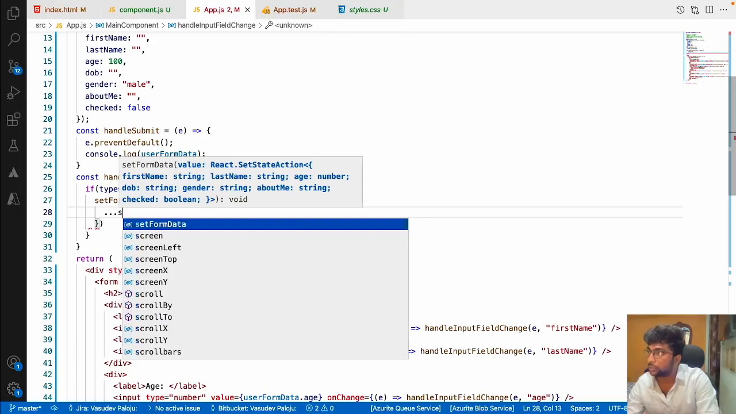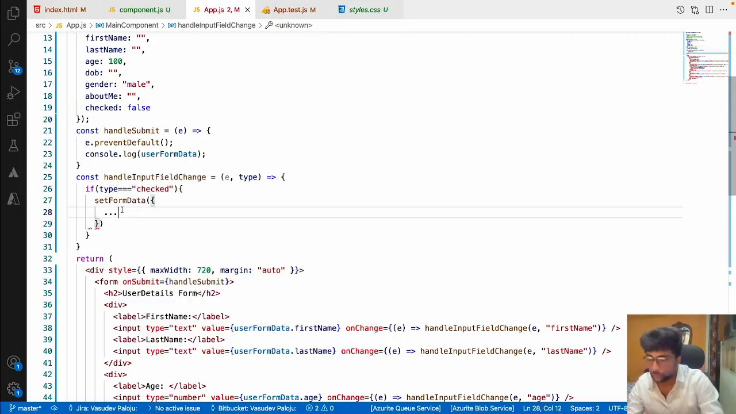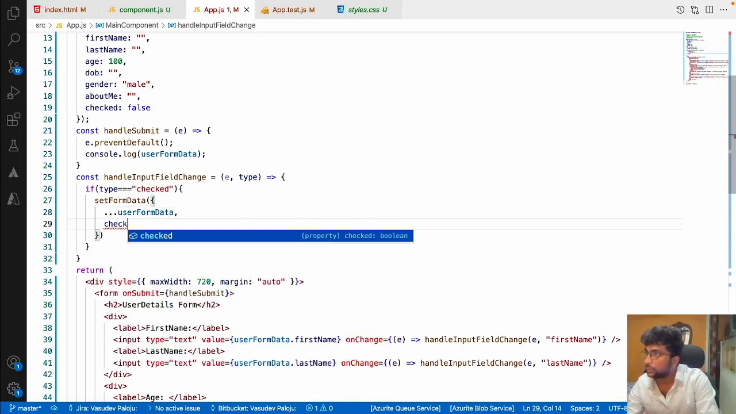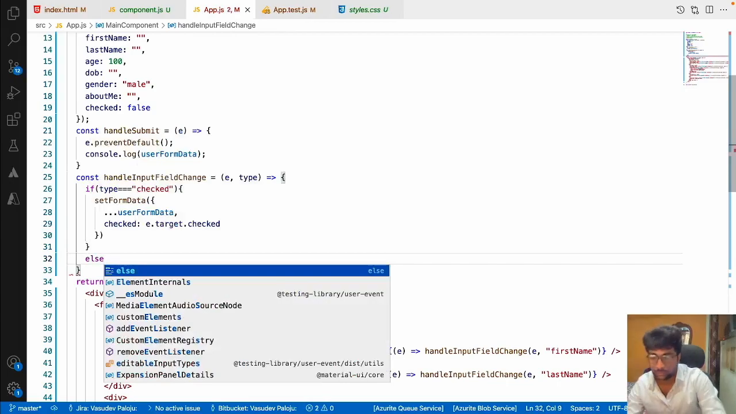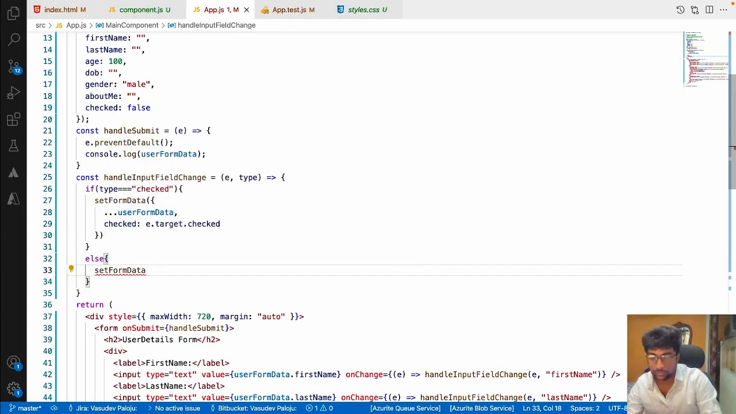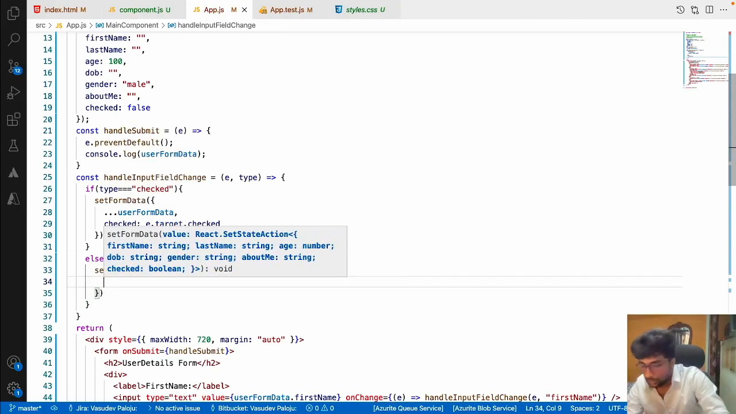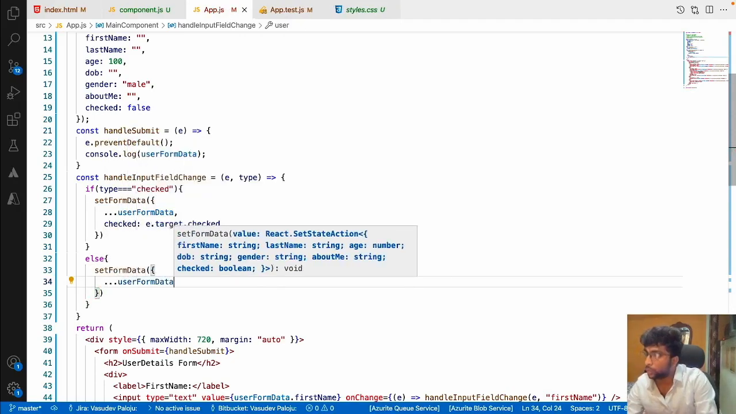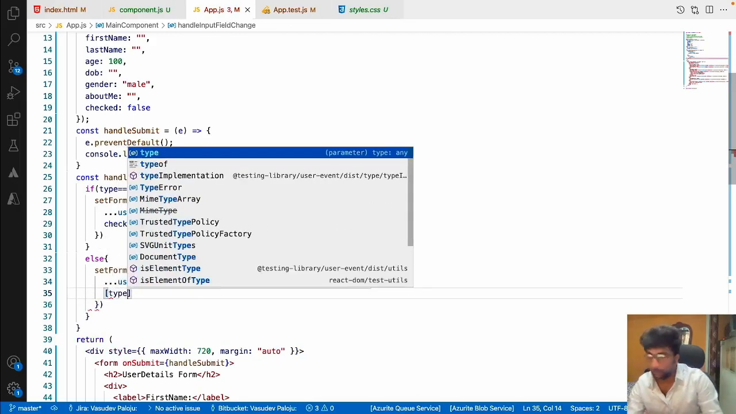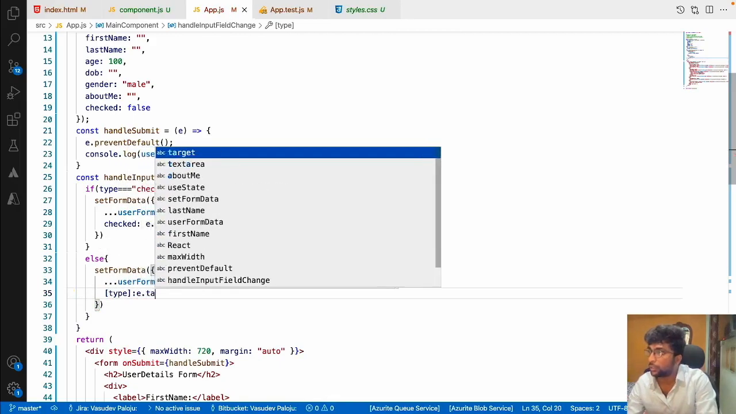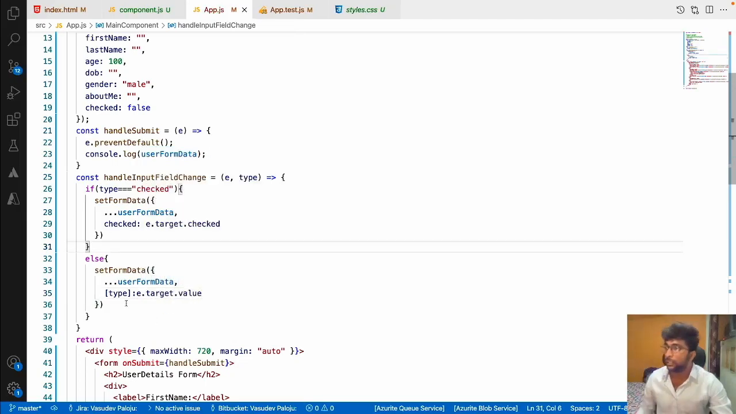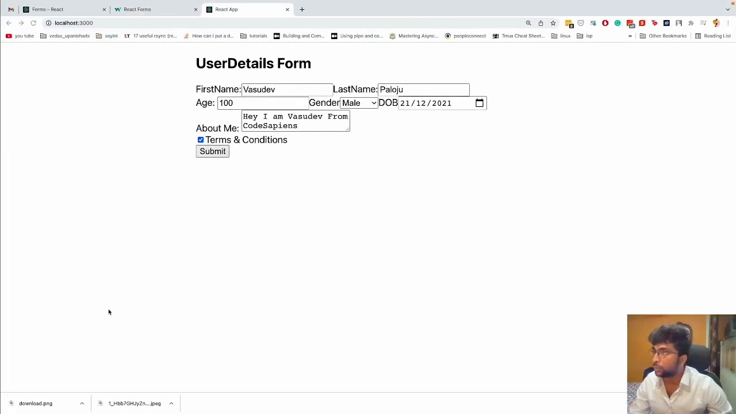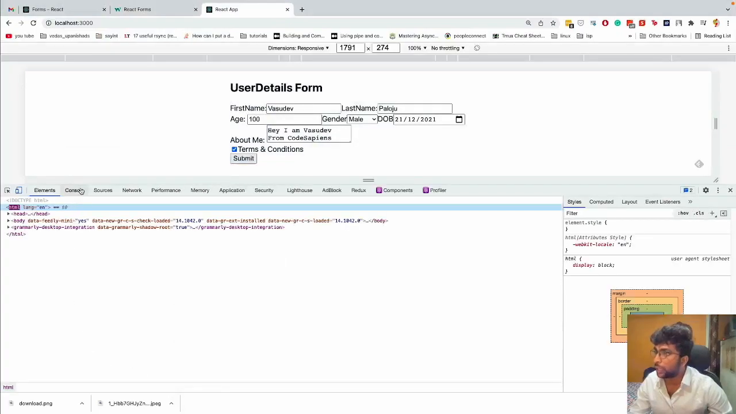dot user form data, and checked is equal to e.target.checked. Okay, but in rest all cases, what I'll do is see the magic of JavaScript, right? User form data, type, e.target.value. That's it. So I am using a new way, right? So what is this? So let me show you what is happening first, and I'll explain what I have done,